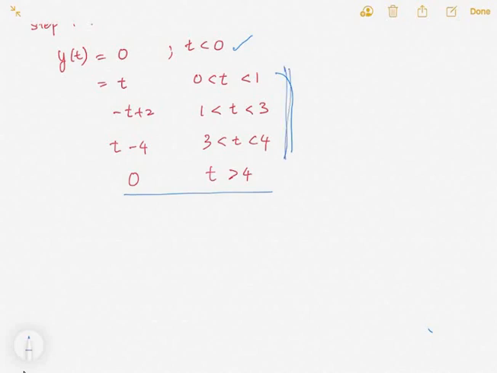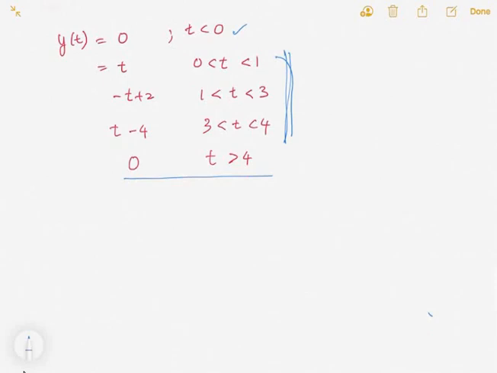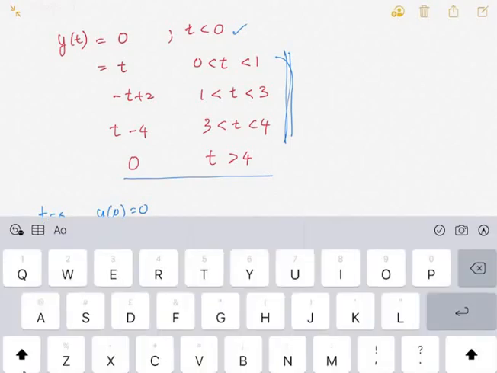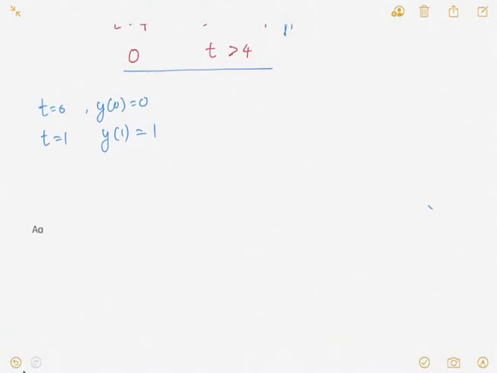Okay, so you know that in 0 to 4, you have the value. So you can add t equal to 0. So y(0) equal to 0. Okay, so when t equal to 1, y(1) equal to 1. You substitute the value of t. Yeah? And for t equal to 2, you substitute the value of t, and then you get